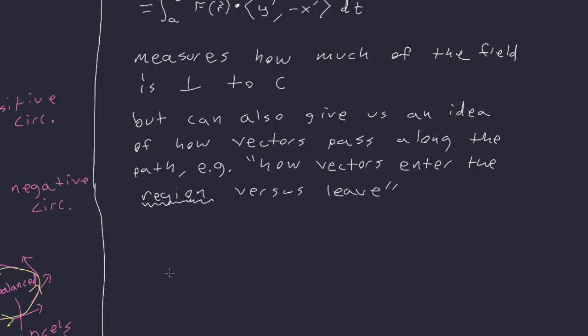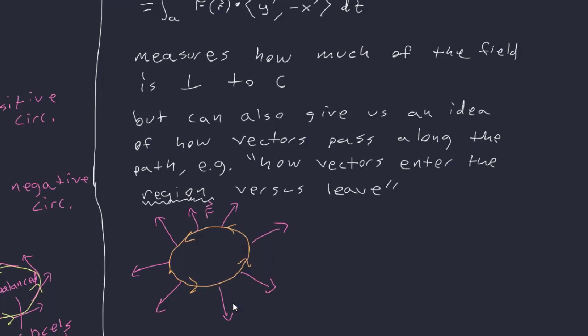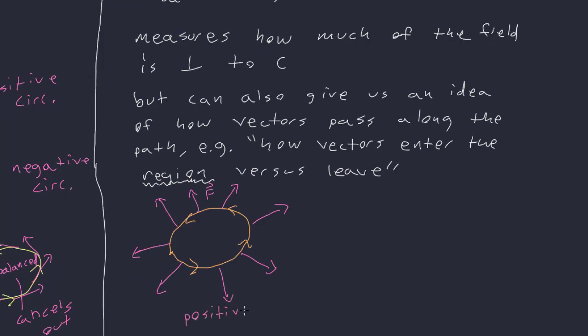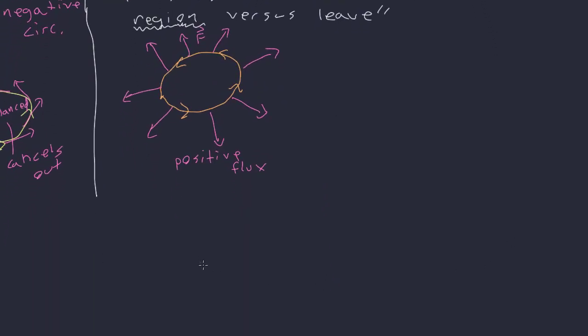Well, if I have my path here, and of course, if the entire vector field is perpendicular to the path all the way along, this is going to be a positive flux. Okay, but there's another way to be perpendicular, right? They can be perpendicular, but all the vectors point inwards. So if we make a region,